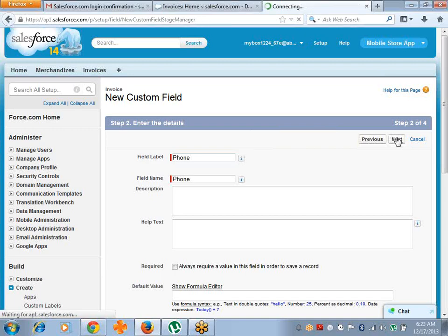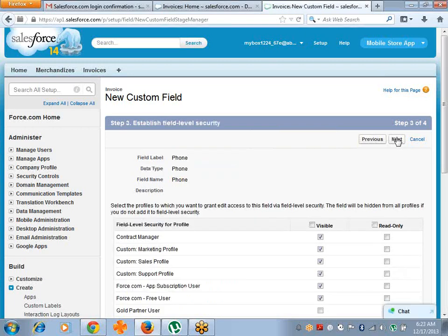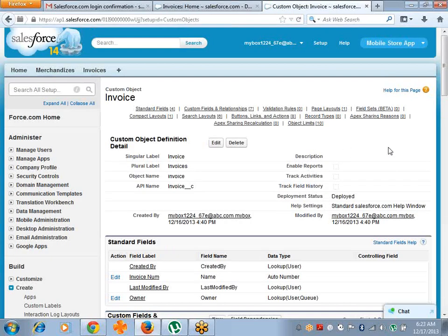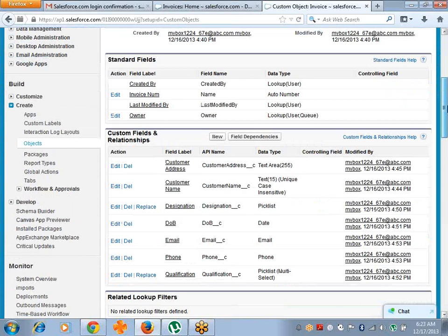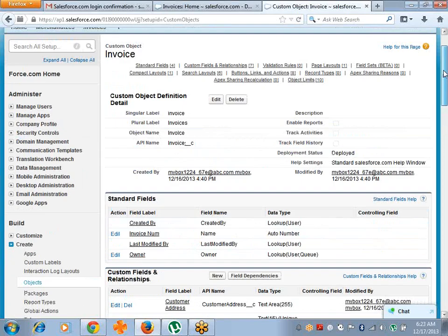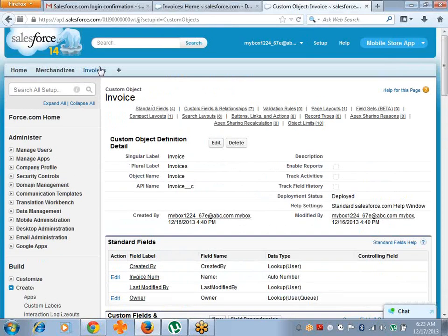Next. Next. And click save. Now see our invoice table. Address, name, designation, date of birth, email, qualification, all are there. Now when you click the invoices tab,